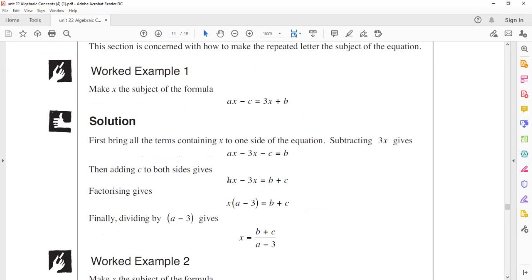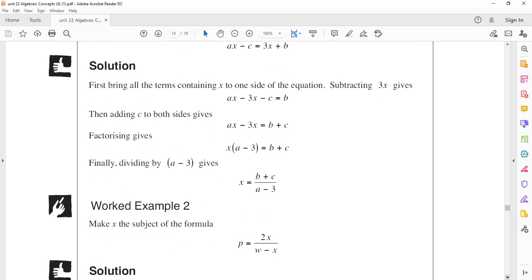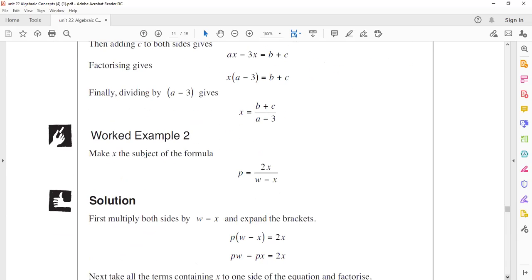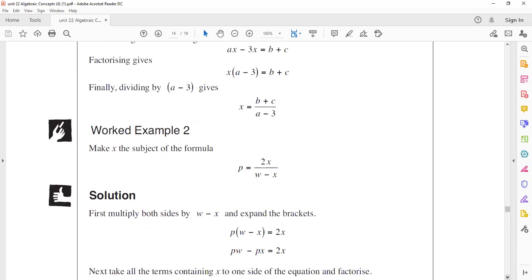to solve for x. But what I mean here is that we have a variable on the x. So this is ax. So all we can do is to factorize and put the x on the outside. And now we have in bracket a minus 3. And then to get x by itself, we just divide both sides by a minus 3. So that's all that's going on here. And then you're finished. You finish just like that. For the next example,